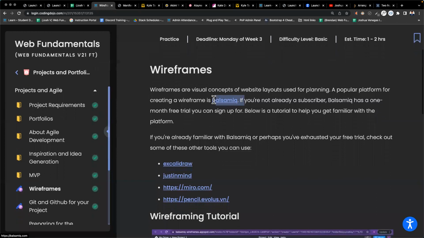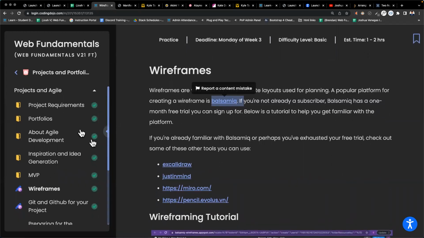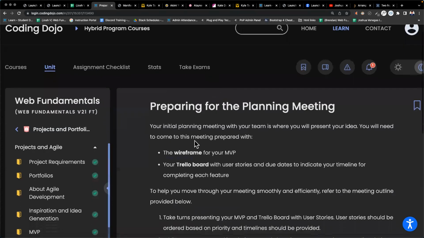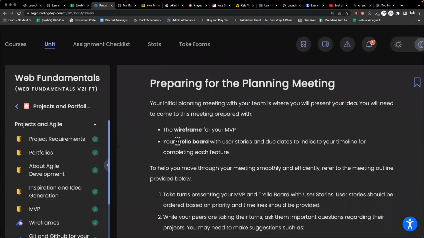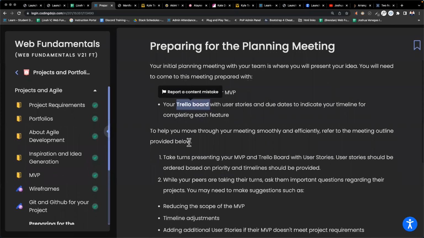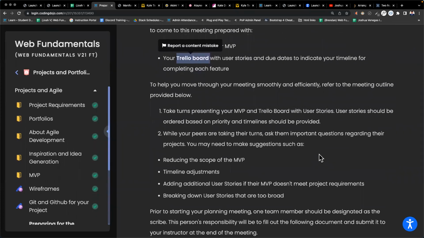The best one is called Balsamiq. That's what you would see for the wireframes on our projects, on our assignments, and on the tests. So create a free trial using Balsamiq. I think they have a 1 month free trial that you're going to want to use. And so does Trello. So Google the Trello board, make yourself an account with the free membership. Cancel it if you don't want to get charged before the month ends. This one's also another month.